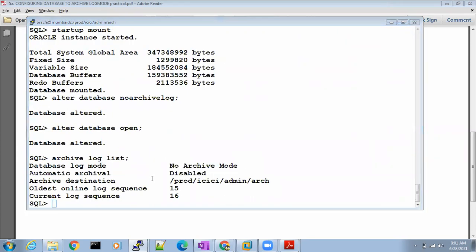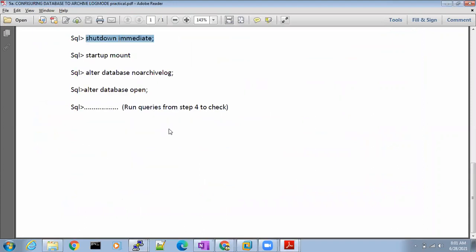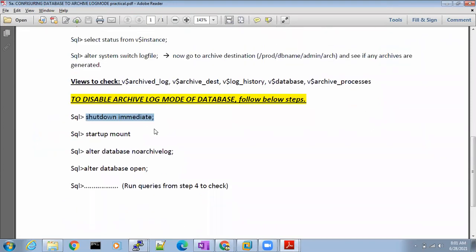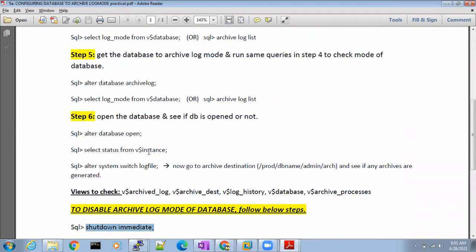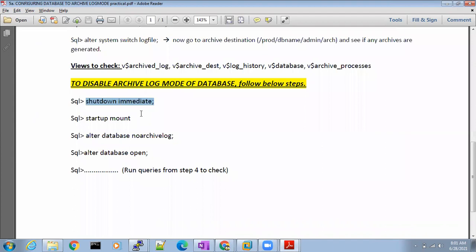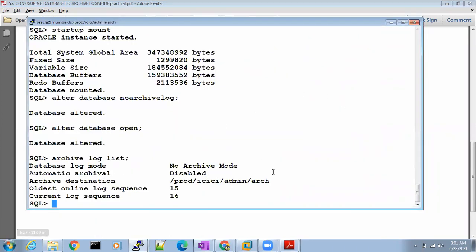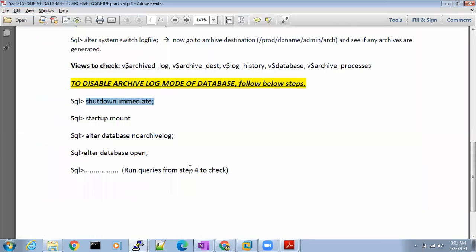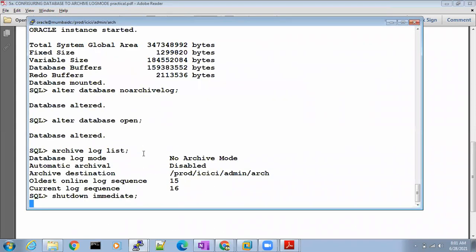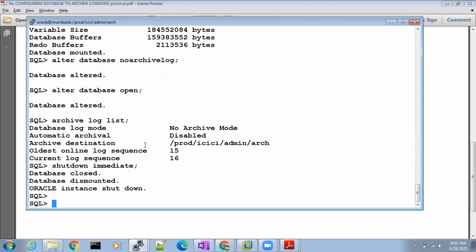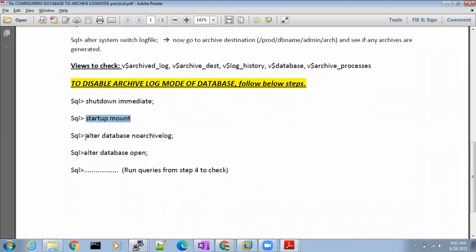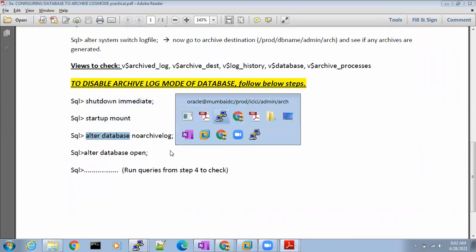Then how to enable now? Same steps. Shut down immediate. After creating a directory and doing all these things I'm talking about, if you want to keep the database back in archive log mode, shut down immediate. After shutting down immediate, startup mount, alter database archive log.